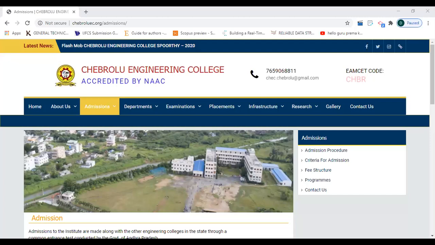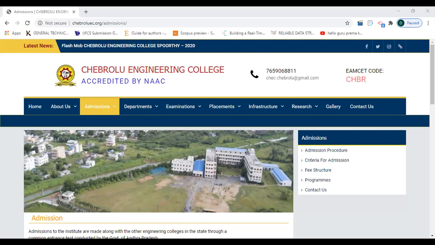In that design we should show the attributes. What are the attributes in that particular admissions module? What are the important things? The admissions module may have some departments and fee structures. What are the important quality attributes in that particular module? Otherwise, if you take another module, placements, what are the quality attributes there?